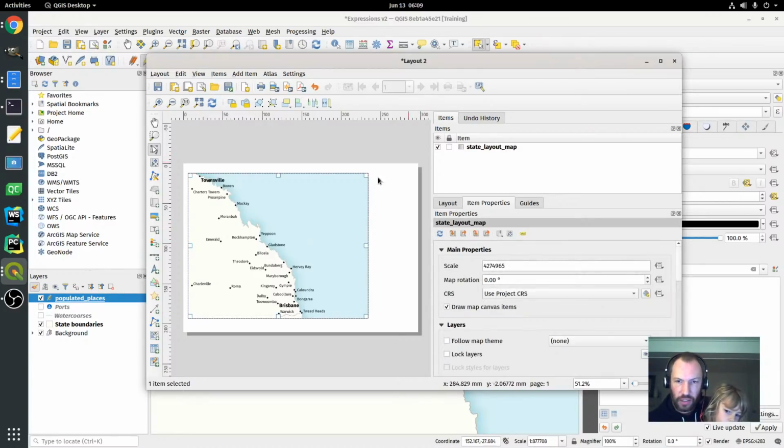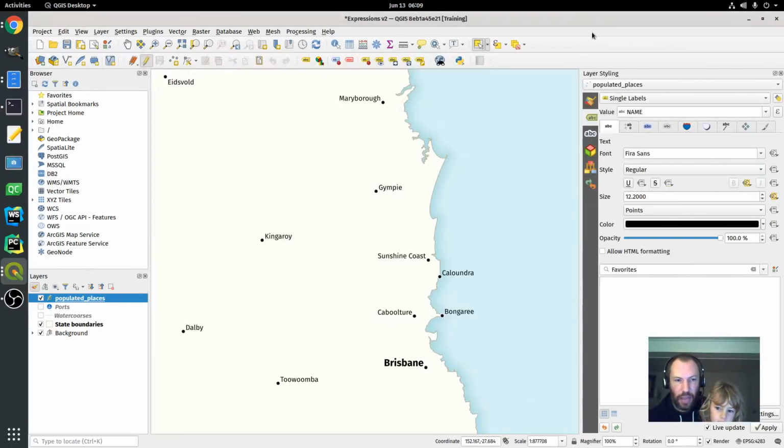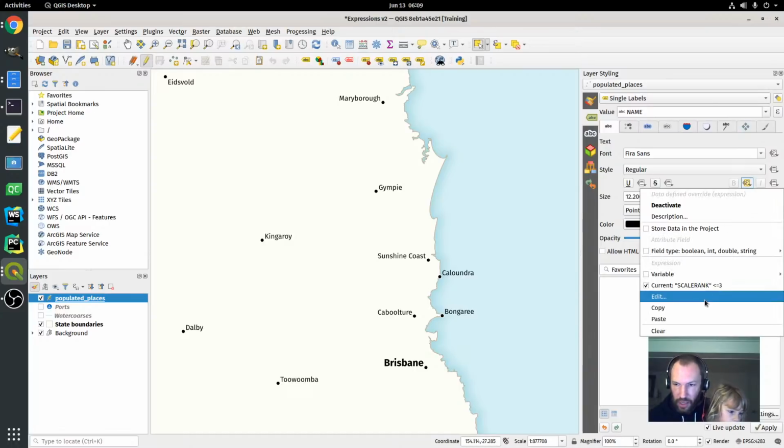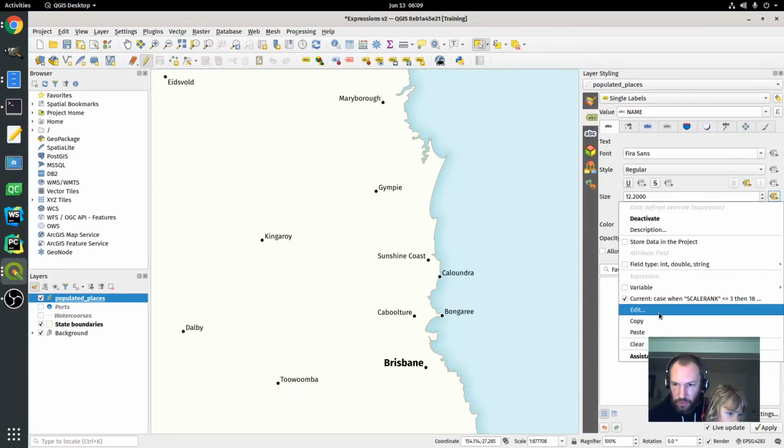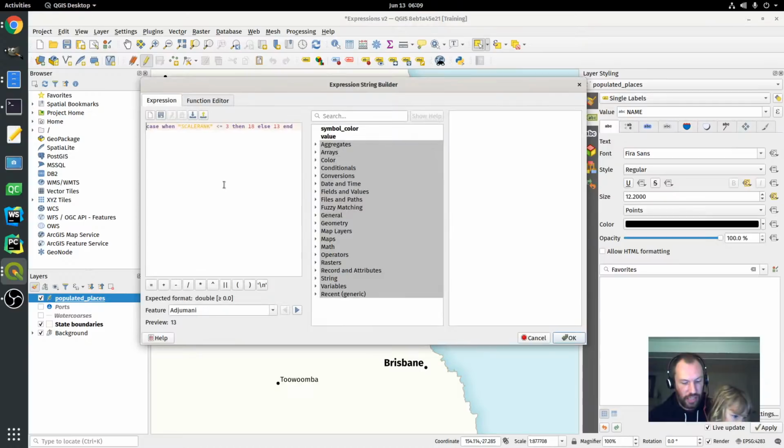Okay, so now this map's got a fixed ID called state layout map. Let's copy that. So one approach to this would be to go back into my main canvas, go into this data defined rule and say, let's do it for this one, for the size, and say, first off,